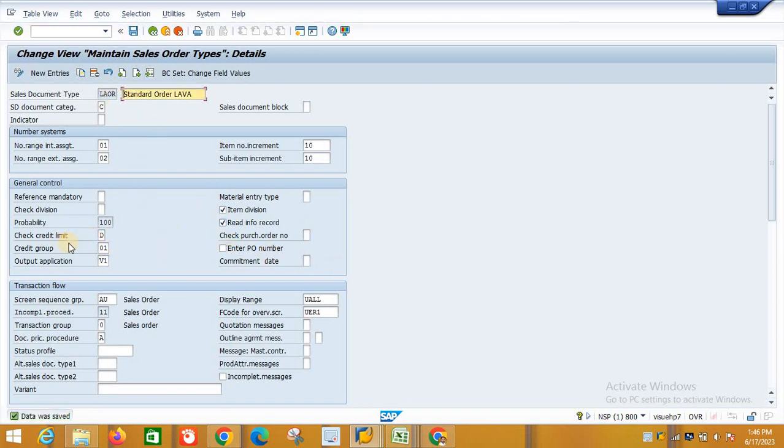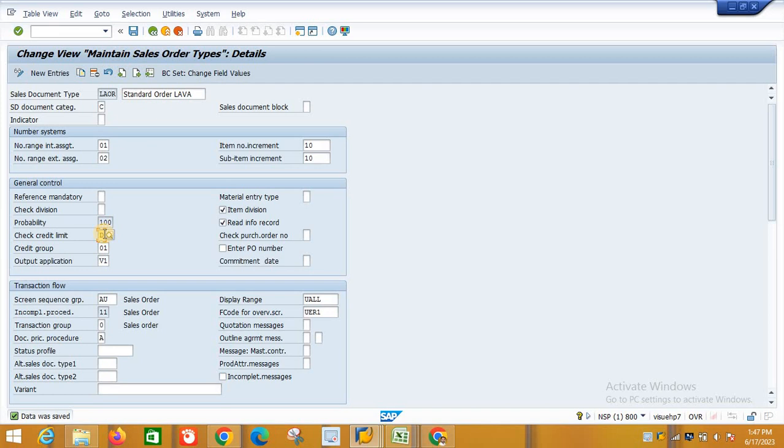Okay, then check credit limit. That check credit limit we will discuss in a separate topic in credit management. So for the time being, check credit limit means, let's say we have a credit card. Based on which basis do they give the credit card to us, and at what amount, what will be the credit limit for that particular customer?